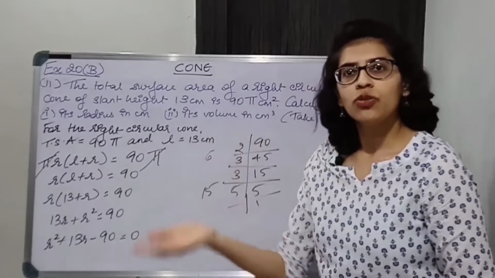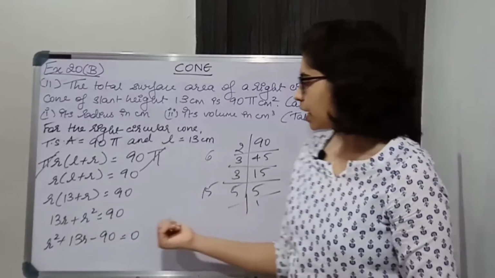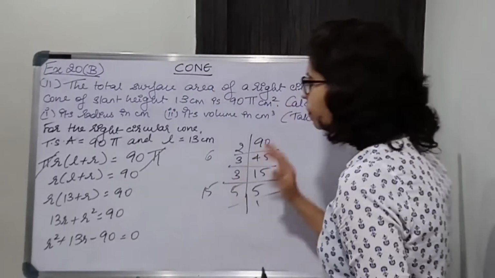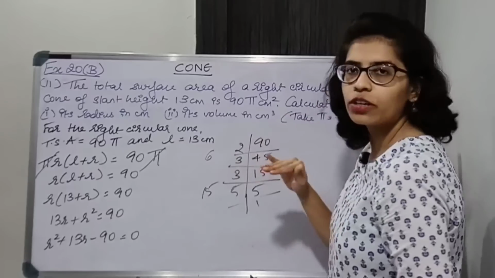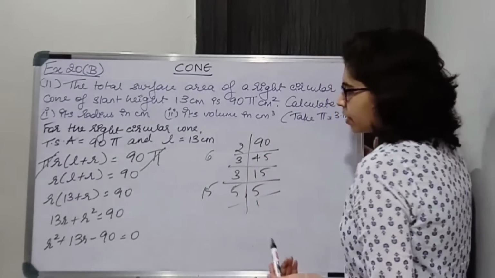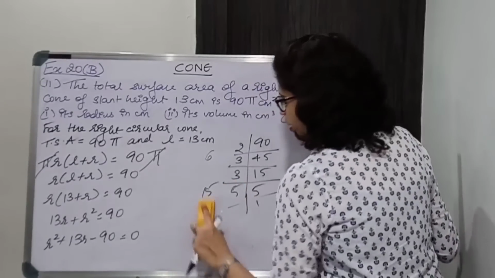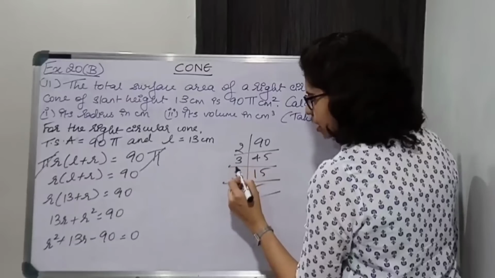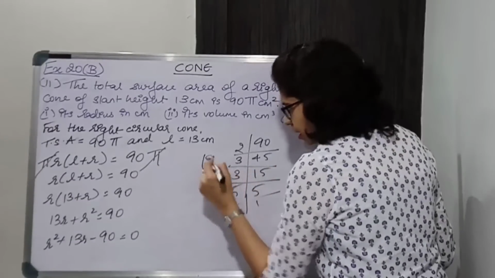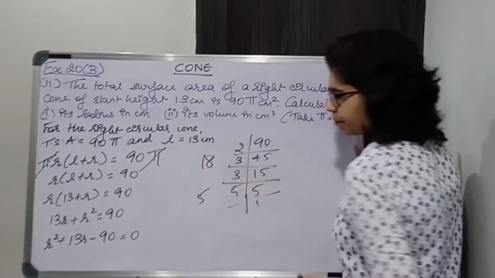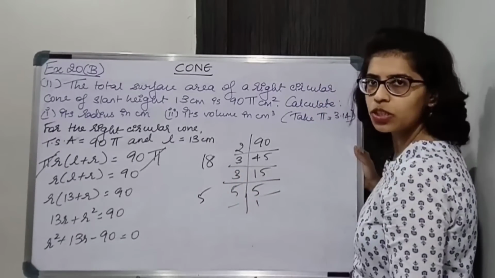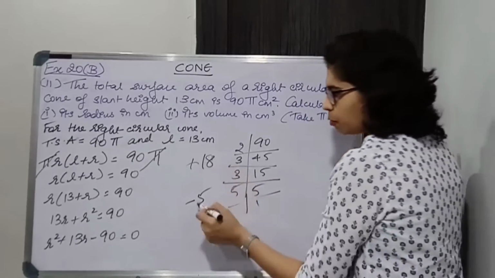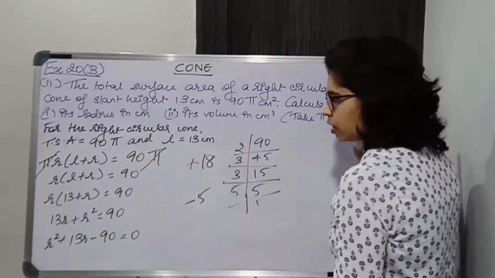And which one will get the positive sign? The positive sign will be given to the bigger number because the middle term has a positive sign. So the bigger number will get the positive sign and the smaller number will get the negative sign. Now 6 and 15 are not the factors, okay. So we'll multiply this also. 2 into 3 is 6, 6 into 3 is 18, and 5. 18 minus 5 will give you 13, okay. 18 we'll make positive and this one will be negative. If you multiply, minus 90 is also coming. So these are the factors.